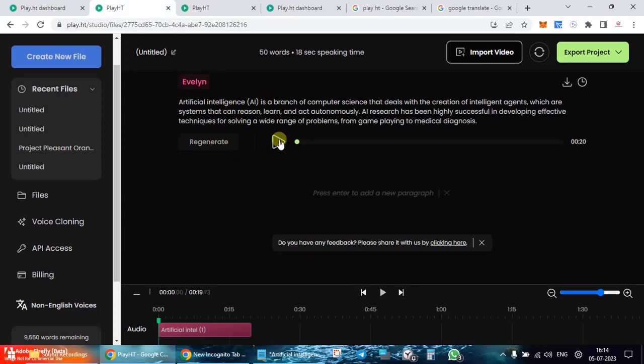Artificial intelligence is a branch of computer science that deals with the creation of intelligent agents, which are systems that can reason, learn, and act autonomously. AI research has been highly successful in developing effective techniques for solving a wide range of problems, from game playing